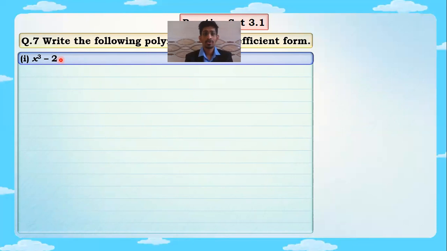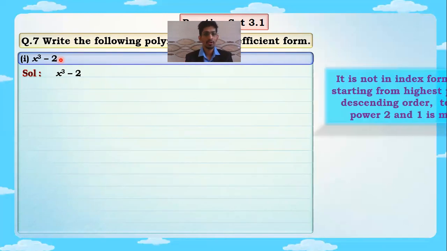Why? Because coefficient form means we need to write each and every term ka coefficient. By index form, we'll come to know which term is missing. So in index form, we'll introduce that with the help of coefficient 0. So we'll come to know कि यहाँ पे 0 भी लिखना है, ठीक है? So don't do it directly. Always convert this in index form, then convert it into coefficient. So first of all, let us convert this polynomial in index form. Index form means starting from highest power to lowest power, each and every term should be present.